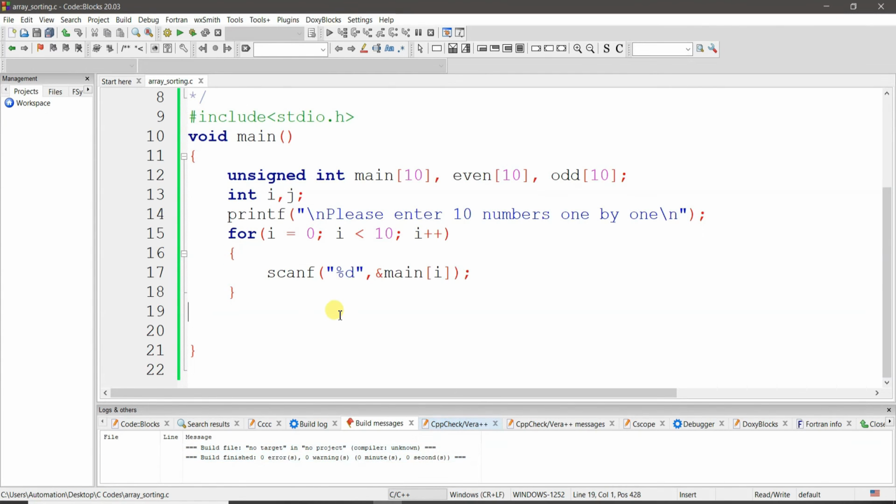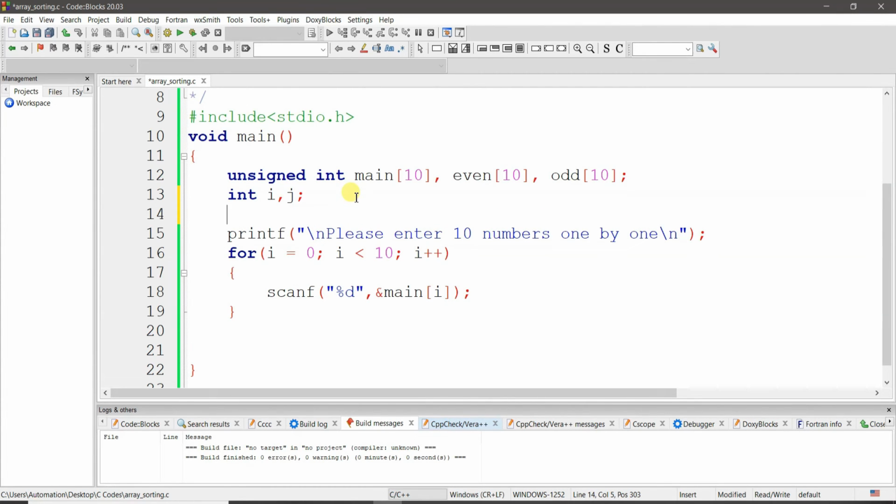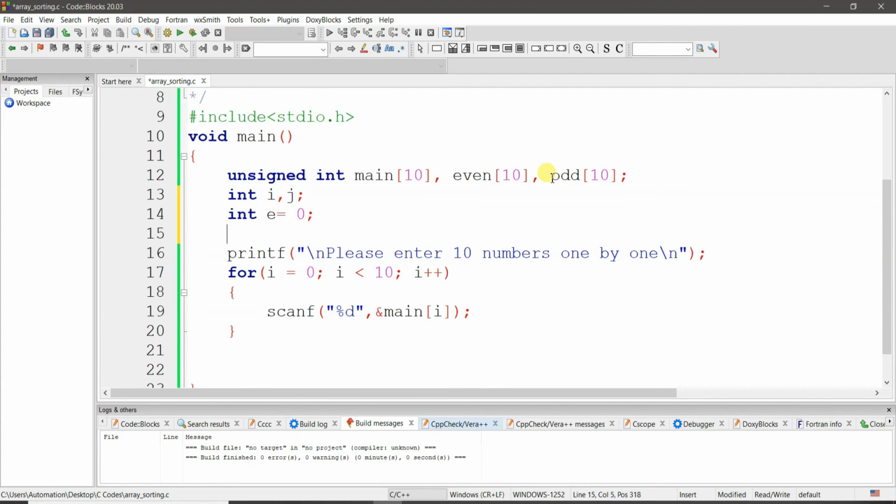Now to make sure that both of them actually get stored into even and odd locations rightly, I will use a different index for storing the numbers in even and odd. Let's call it int e equal to 0 and int o equal to 0, or let's call them int ev and int od. Or let's make it simple, k and m. Now how it goes, see here,